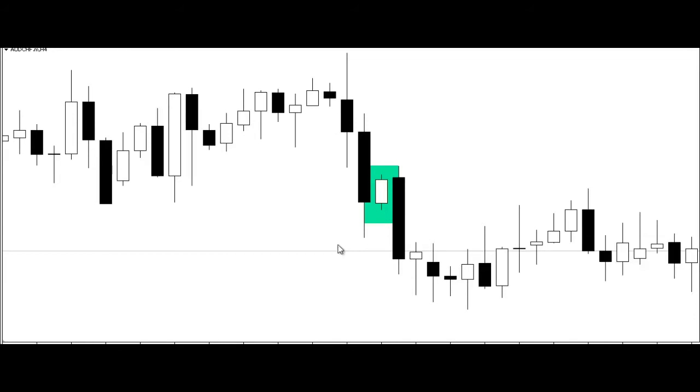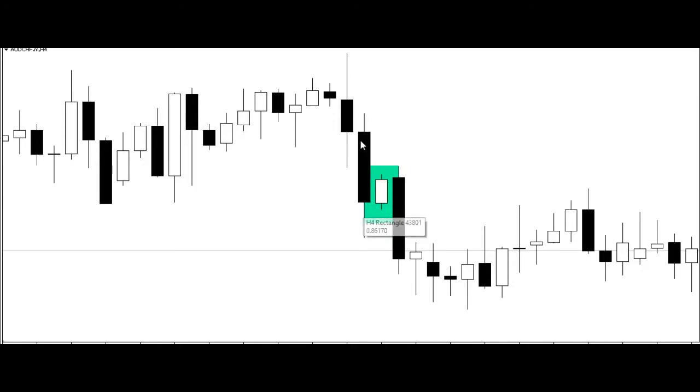So basically an inside bar is a bar that has a range, the high and its low, that is inside the previous candle's high and low range. So if we use this large bearish candle, the high is here and the low is down here obviously, and then this white small candle is the inside bar with the high and low within the high and low of the first candle,